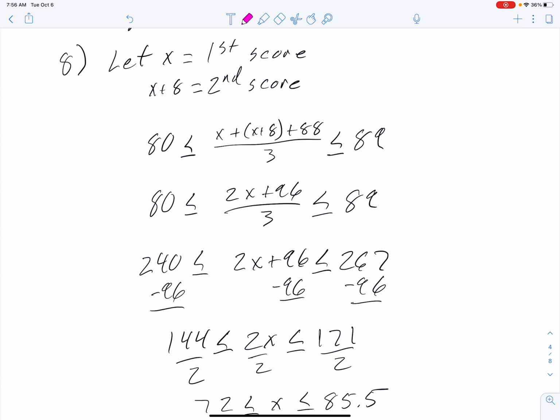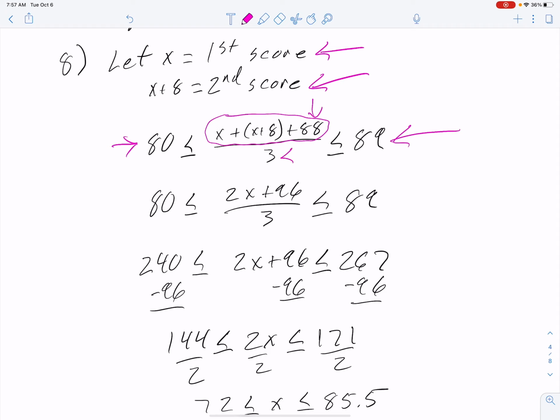Now, number 8 is very similar to what we just did in number 7 with some minor changes. We don't know their first score. They told us the second score is 8 points higher, and the third score was 88. On top of that, we want to see if we can stay in the B range, which is between an 80 and an 89%. So it is almost kind of combining what we saw from number 7 with number 5 and number 6. So I set up the sum of my